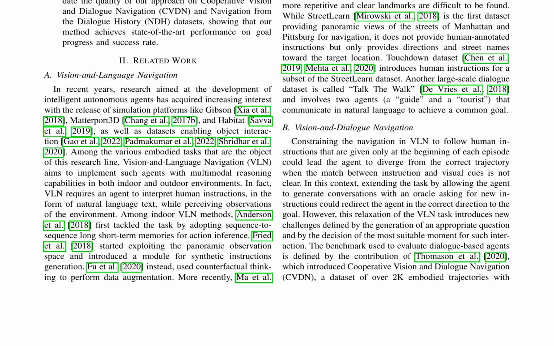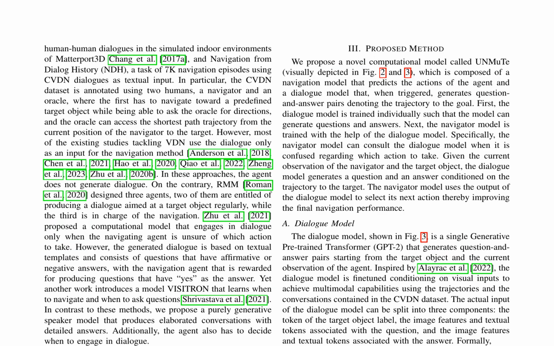The paper also discusses related work in the field of VLN, including various approaches and datasets like StreetLearn, Touchdown, and Talk the Walk, which involve human annotated dialogues for navigation. This research proposes a novel computational model, UNMuTe, for visually grounded dialogue navigation. UNMuTe consists of a navigation model and a dialogue model that generates question and answer pairs to guide the navigation